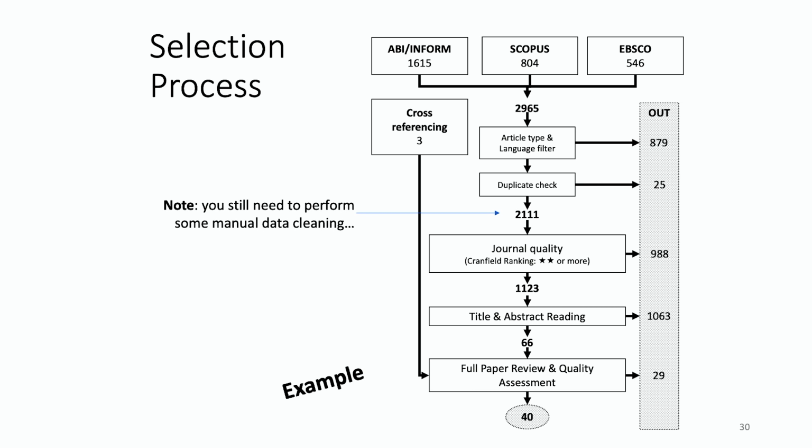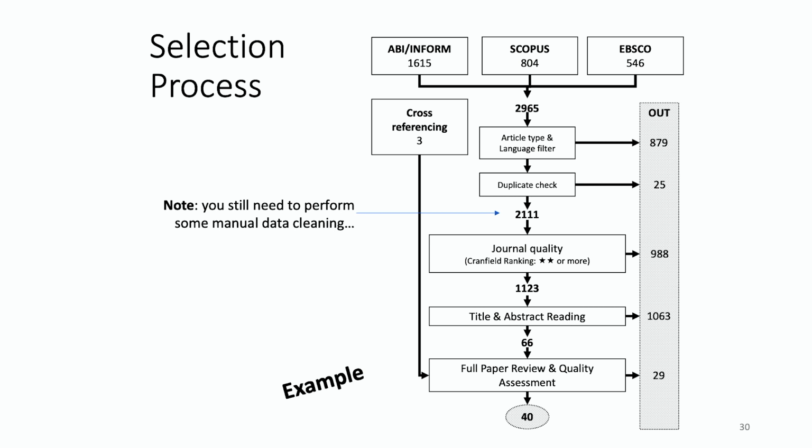Not 1,123, but maybe fewer. But also, imagine that you apply the journal quality criteria and you still end up with several thousand. You can make that quality criteria a bit more strict. So instead of using, for example, 2 stars, you use 3 stars or above. Or, for example, in a field such as economics,